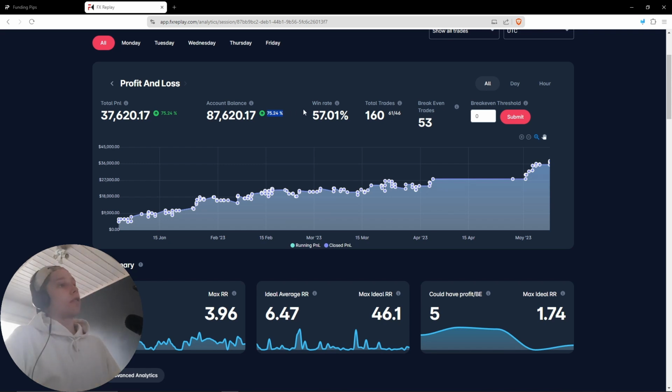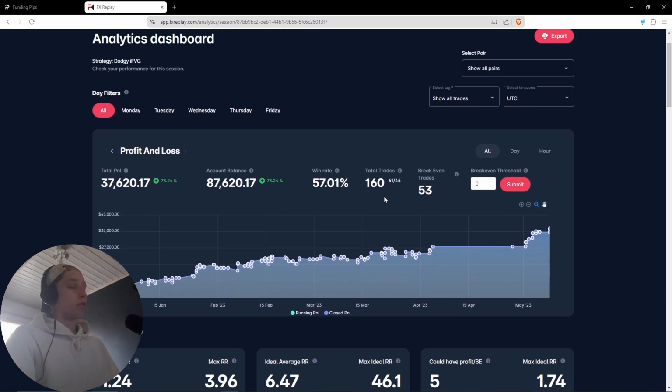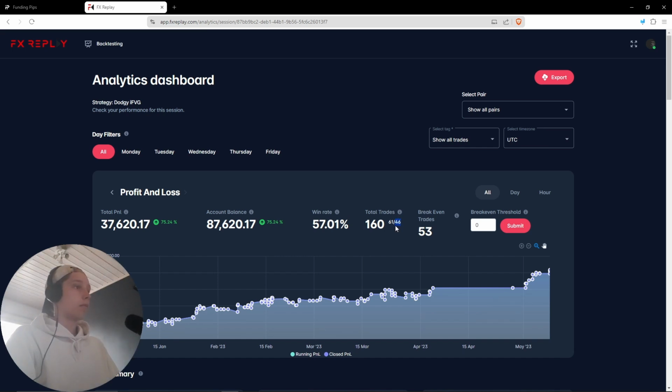The win rate is a little bit worse because I'm still kind of learning this strategy, and I take a lot of trades, especially a lot of these losers are not part of the plan. But you can see how much profit I've made there. I don't know if this is sustainable still, but